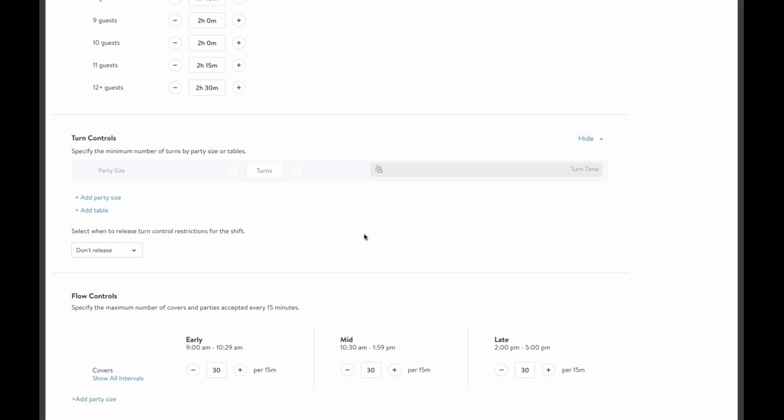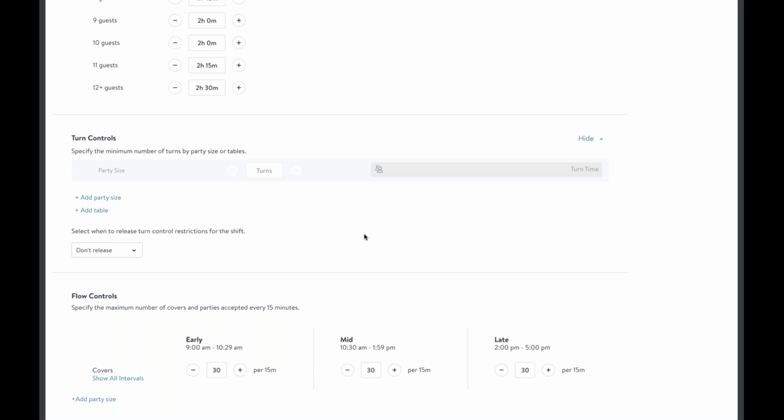So if you're a restaurant that is such a busy restaurant because you get high demand, maybe you just opened, right? There's a lot of hype at your restaurant. You can turn your 2 tops 3 times between 5 p.m. and 9 p.m. Okay, that's 4 hours. You can turn it 3 times. So you can set it to specifically turn 3 times, and it will not dynamically hinder you to limit the